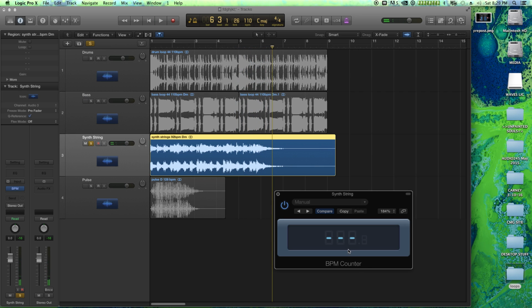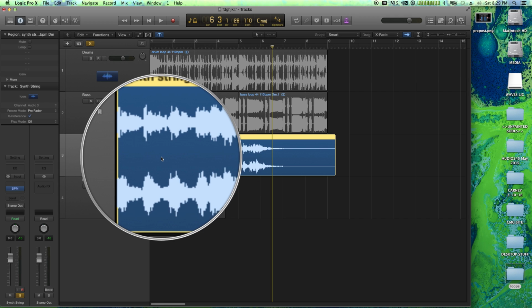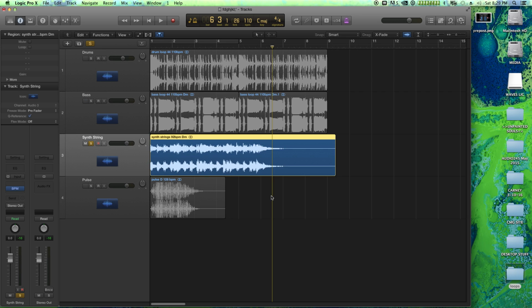Okay, so it wasn't able to sense a tempo. One little trick I learned with working with material that doesn't really have... I mean, you can hear the motion. It's a quarter note sort of motion. The problem is that the transients in the recording are just not hard enough for the BPM counter to pick